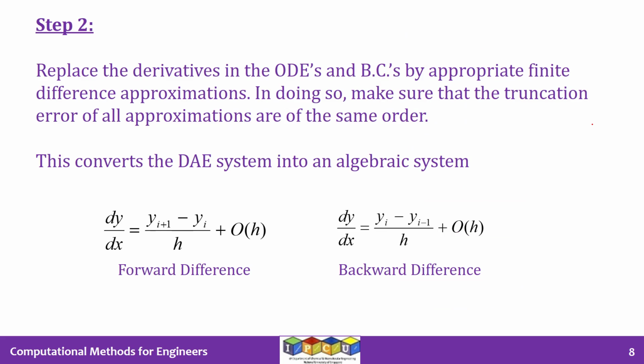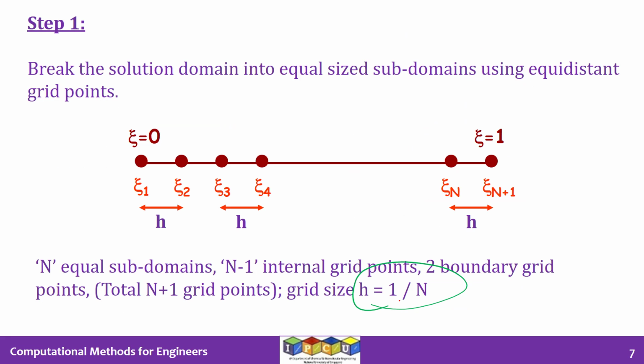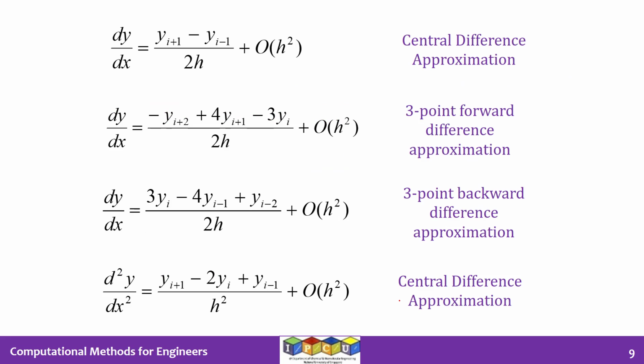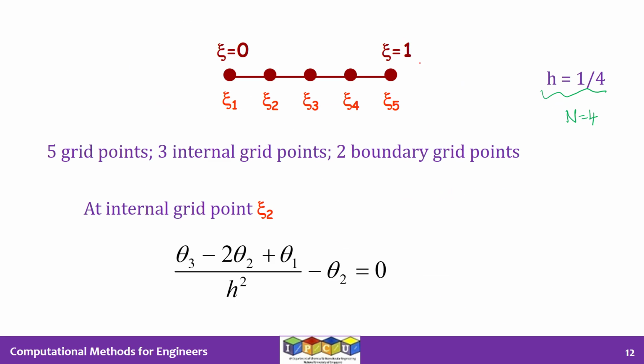So when n is equal to 4, you can see h is going to be equal to 1 by 4 because the left boundary is 0 and the right boundary is 1. So I'm going to label the grid points as psi 1, psi 2, psi 3, psi 4 and psi 5 as we move from left boundary to the right boundary. And as you can see here, psi 2, psi 3 and psi 4 are the internal grid points. So there are 3 internal grid points, psi 2, psi 3 and psi 4. There are 2 boundary grid points which are psi 1 and psi 5. Total of 5 grid points corresponding to n is equal to 4.